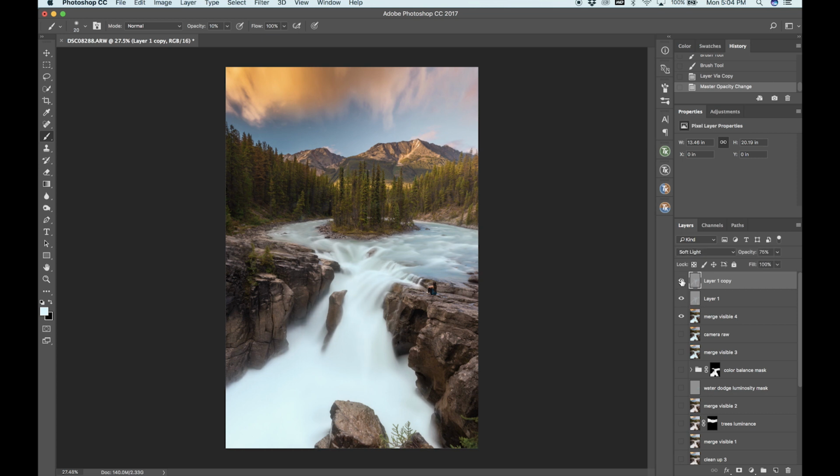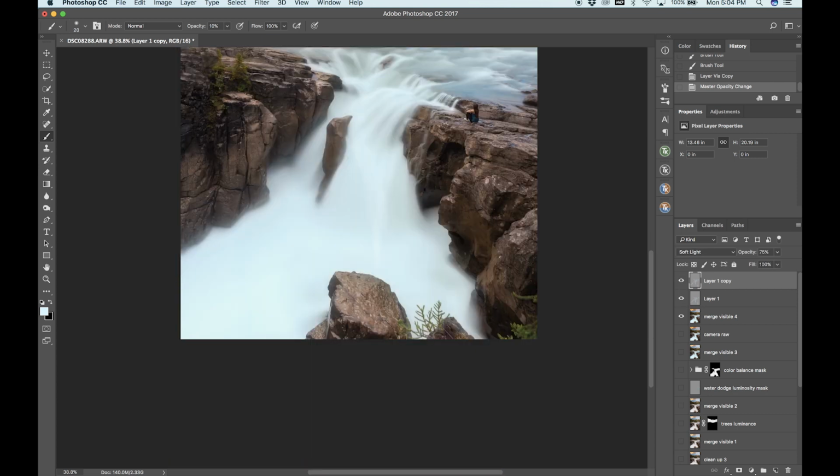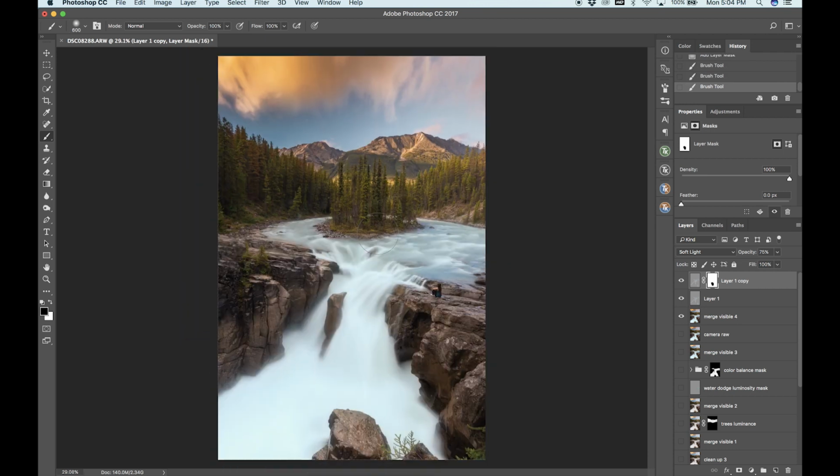I really like that. I think right here one of my streaks is coming up too much, so on this second layer I'm going to layer mask it, take a black brush at 100%, just kind of brush that out because I don't want it to look like I painted it on. Yeah, that looks better. I like that a lot. Alright, so we'll call this Water Dodge